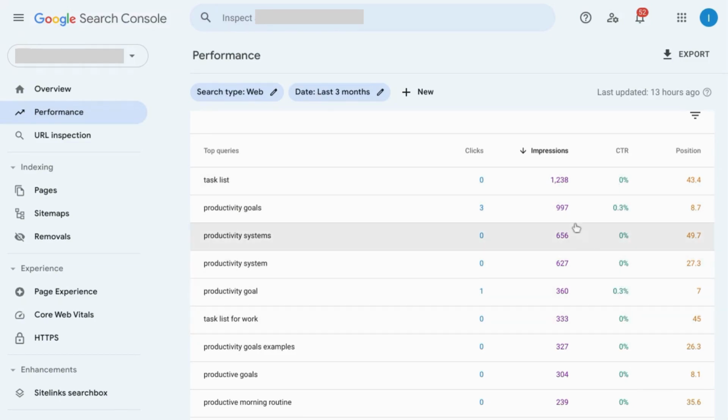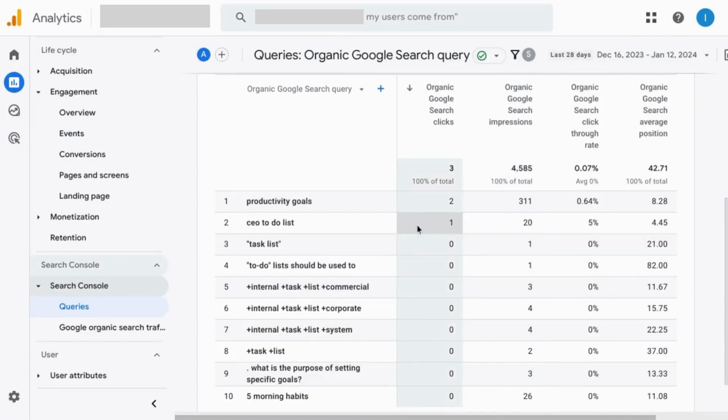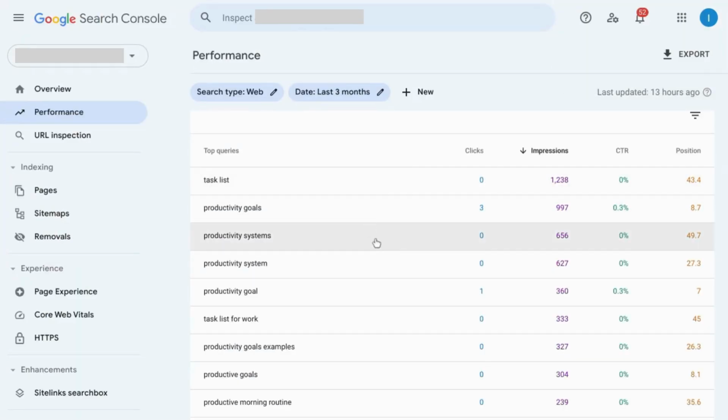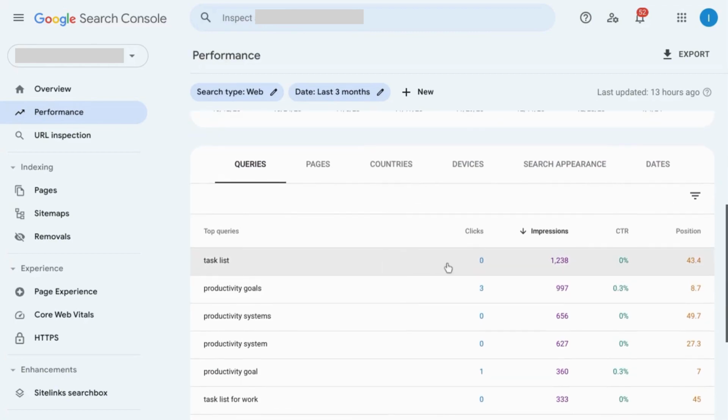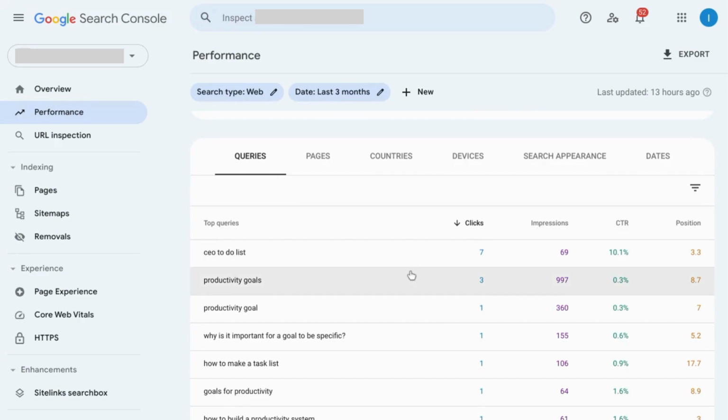You can also find the queries report in Google Analytics if you've linked your Search Console account to GA4. But in Google Search Console itself, it gives you a lot more information, a lot more data, and it's easier to navigate here. This provides you with ideas for new content, but Google Search Console can also show you opportunities